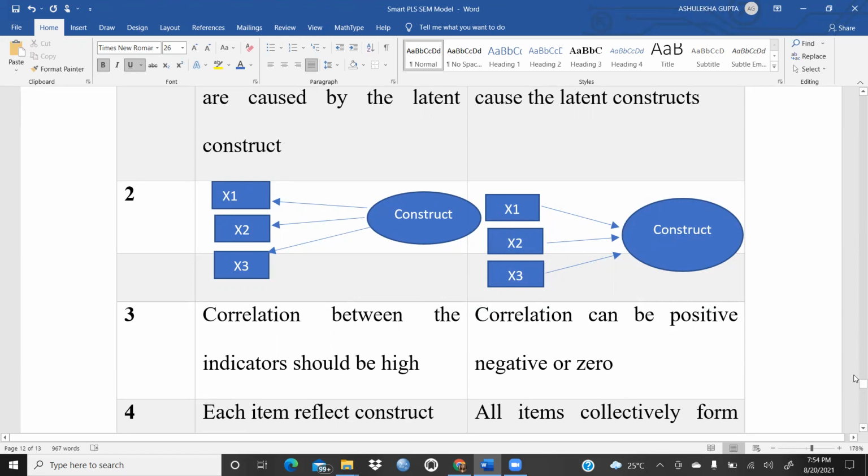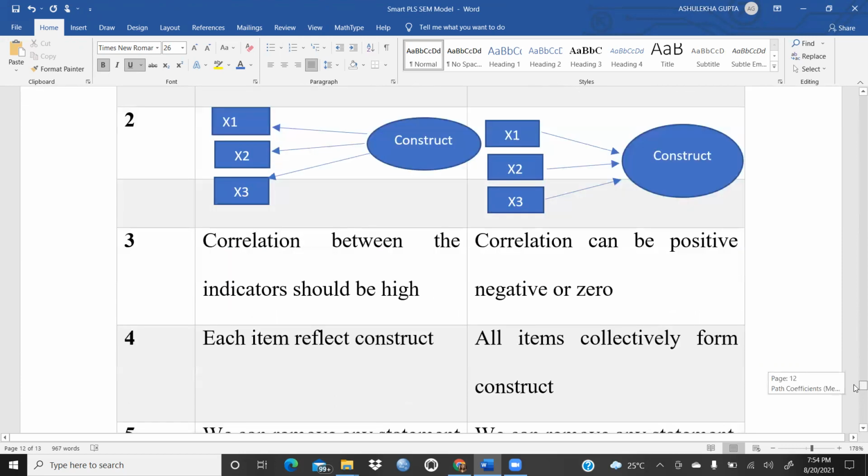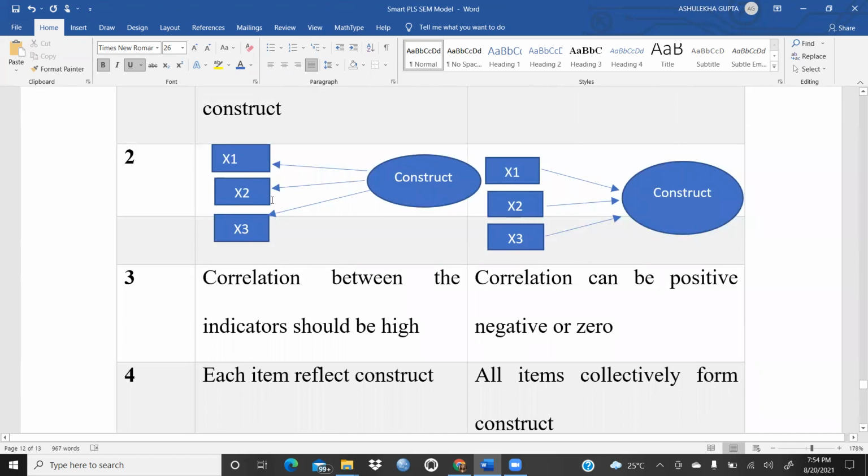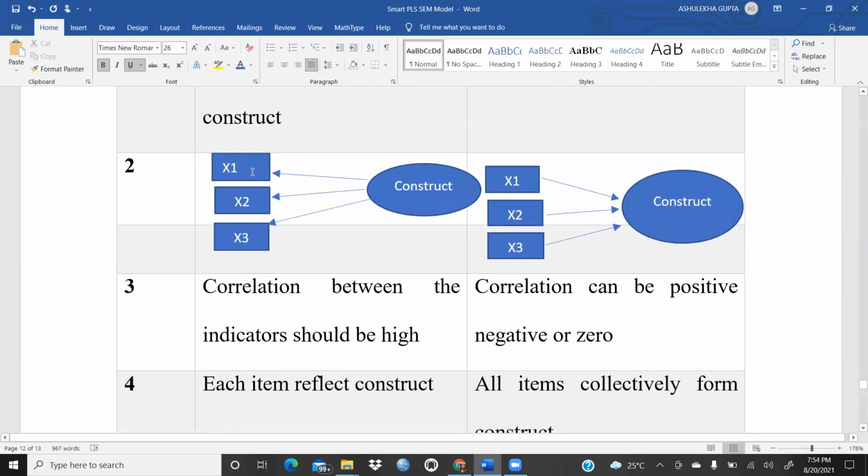Next, we come to each item. Here each item reflects the construct. That means if we delete one item, let's say this x item, the rest of the items each still reflect this construct, so it doesn't make any sense for the item to be deleted.